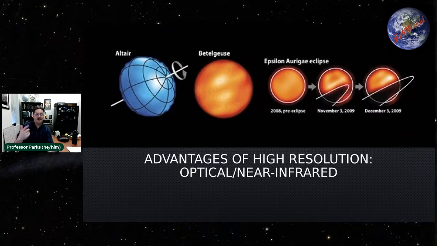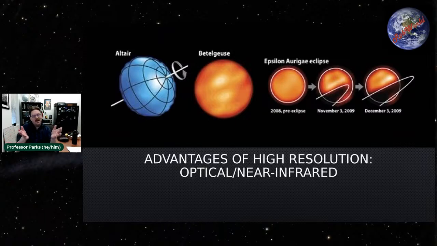But probably the coolest thing was done by a guy that I used to observe with. He and I would actually compete to see who could get the most data. He was looking at a star called Epsilon Aurigae, which was just one of these one-off bizarro stars. From photometry, it would lose a tremendous amount of light for a few days every 27 years. We really had no idea why that was the case.